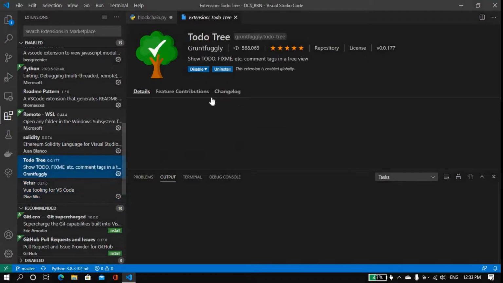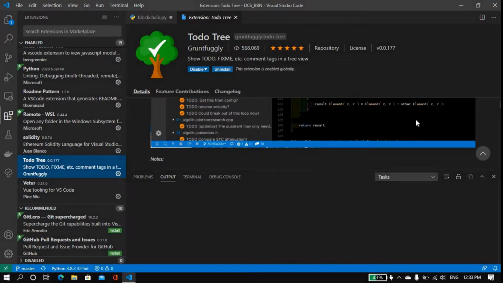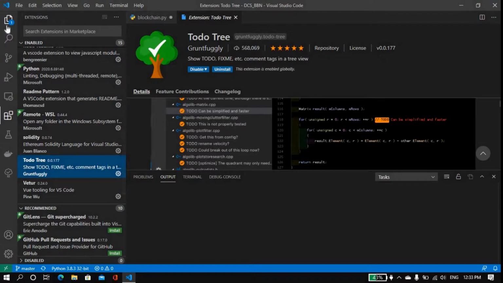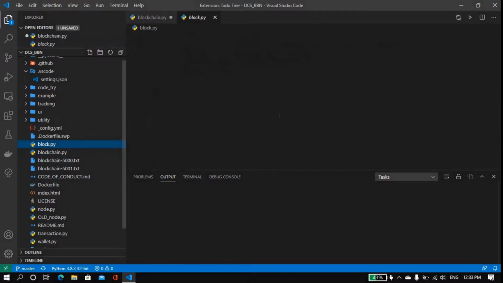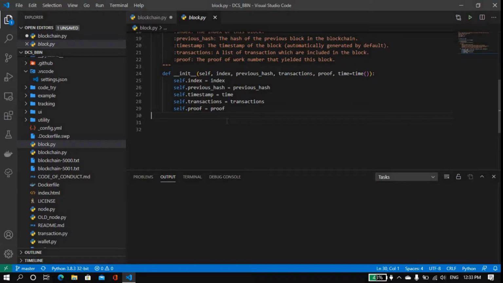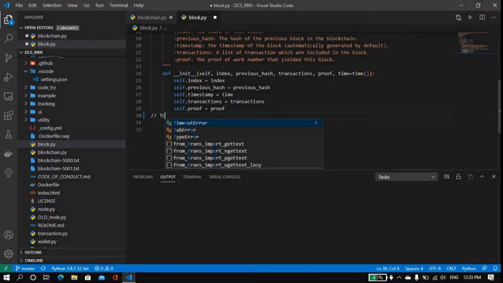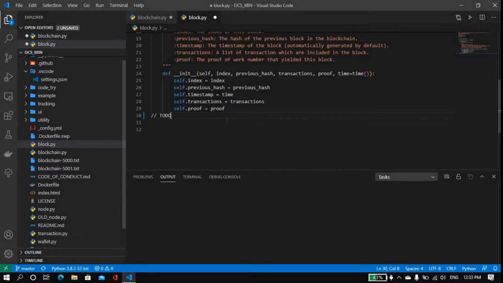This is better for Vue.js and this is Todo Highlighter. This is another great thing. I can show you how. Seems like you have some code problems here. So you'll go and put TODO. Okay, to do that there should be another function. Instead of this, we will be using hash. Okay. So this will highlight what you need to do.